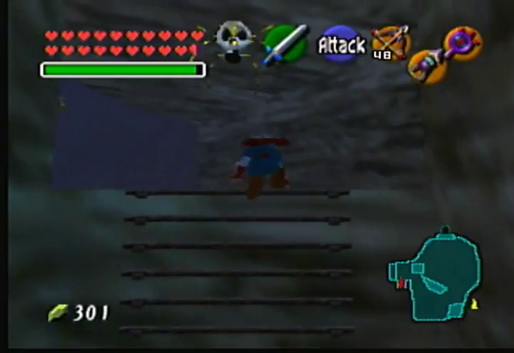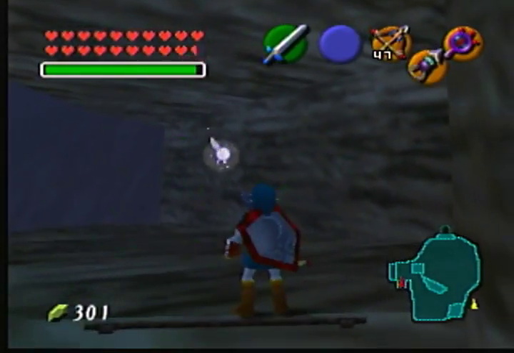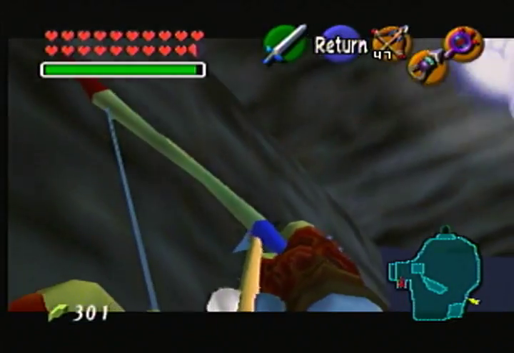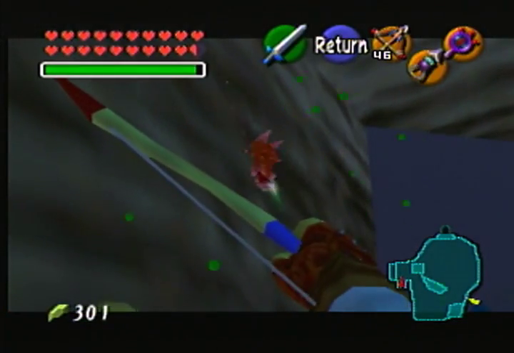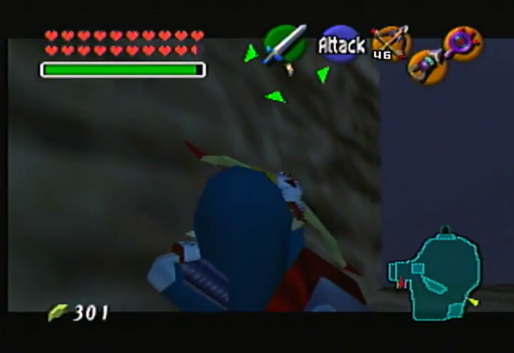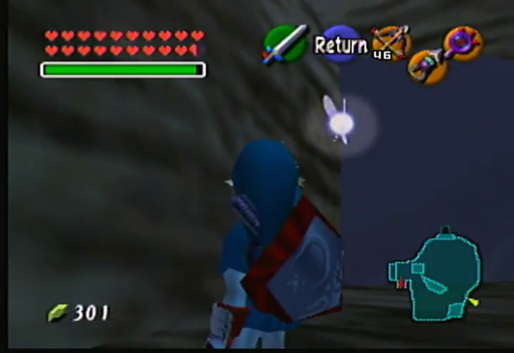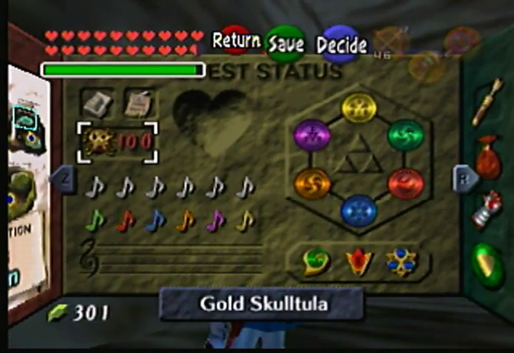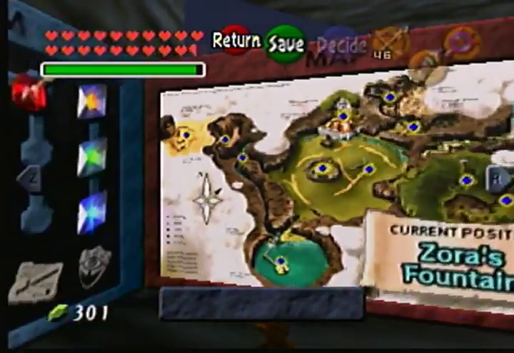And there's a Skulltula right here we can take care of. And then off here, climbing along the wall, Gold Skulltula, number 100. So we'll take care of him. We'll collect the token, just to prove that it's all 100. You can see the Skulltula count is now red. So we're just going to head back to Kakariko Village,